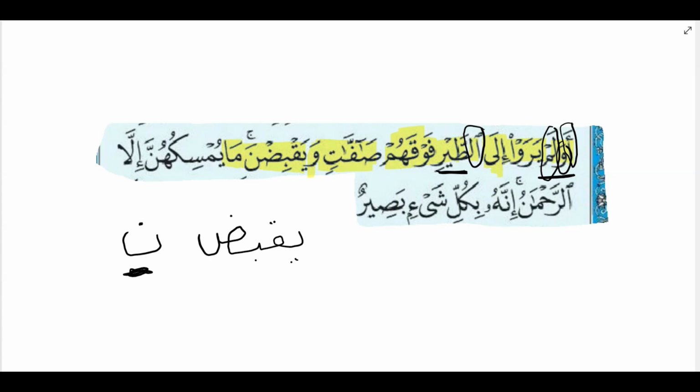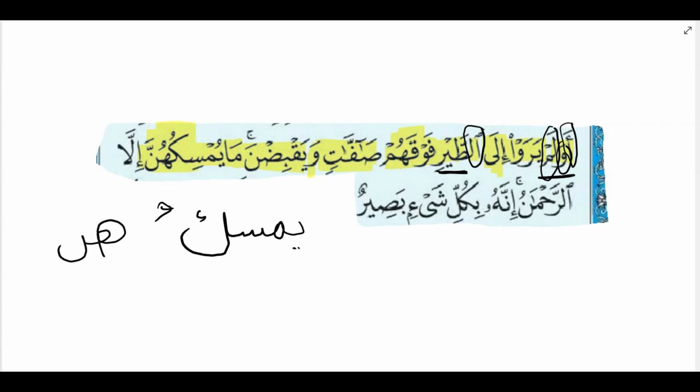ما يمسكهن. ما, it's a negating ما, not. يمسكهن is also the verb يمسك and hunna. Yumsiku, a present tense verb, means to hold in position. And hunna is an attached pronoun, feminine pronoun, referring to the group of birds. So the subject who is doing the act of holding is Allah, and the object referred to by hunna is actually the group of birds. This means hunna is in the place of the object, not the subject. ما يمسكهن, not holding them, the birds,